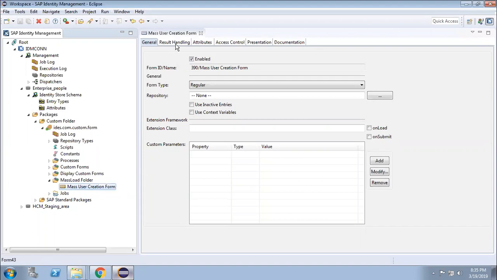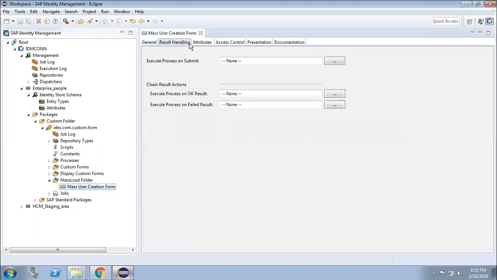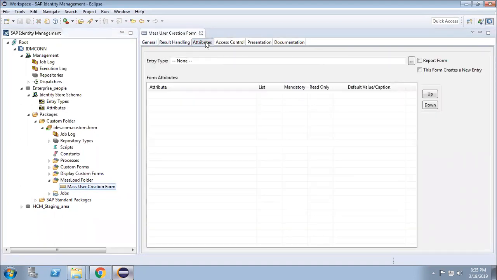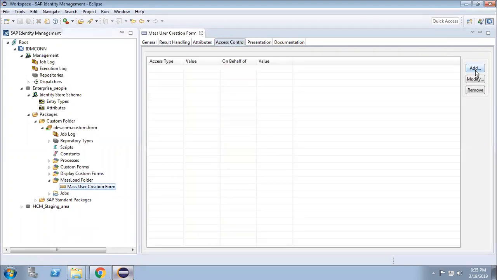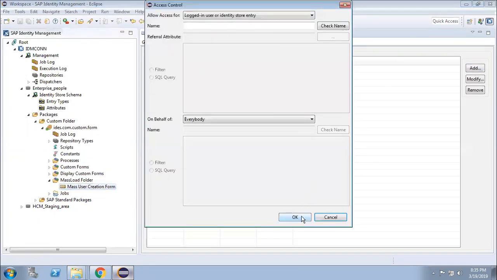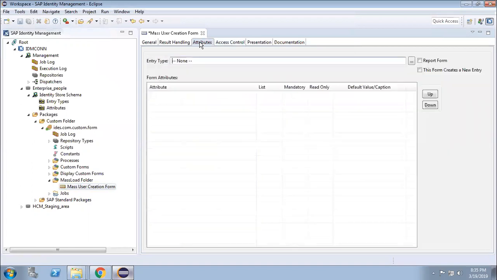So in order to create this mass user creation, what can I do? Access level, as of now I am giving access to everybody, and at the attributes level I have to select one entity type and one attribute. Now what entity type and what attribute will I select?